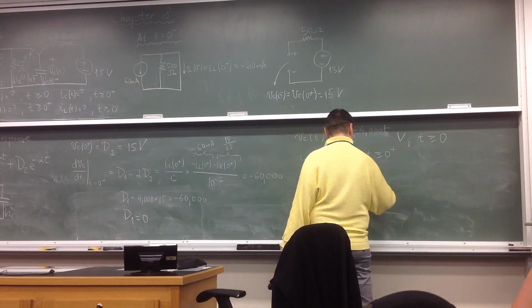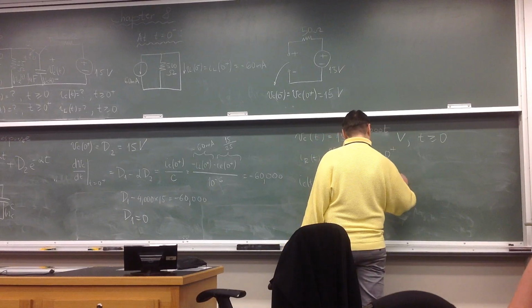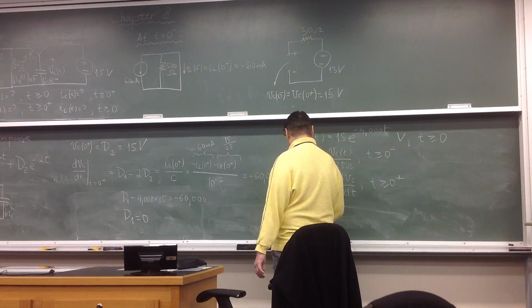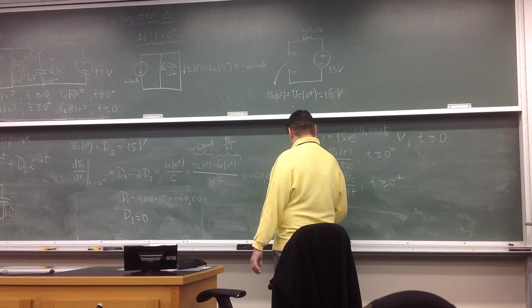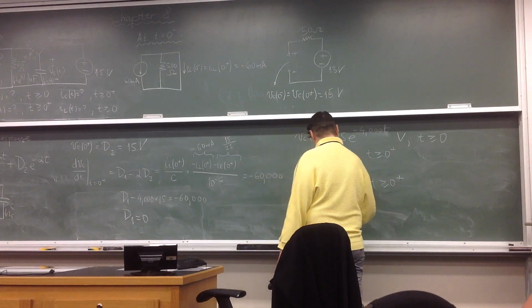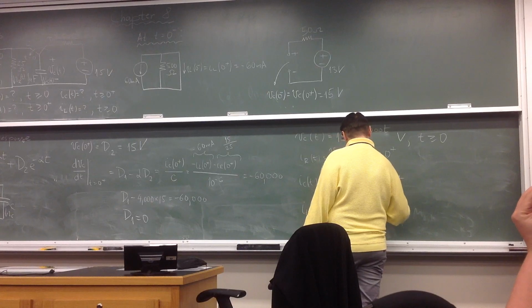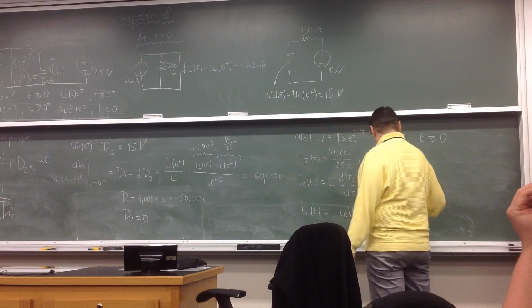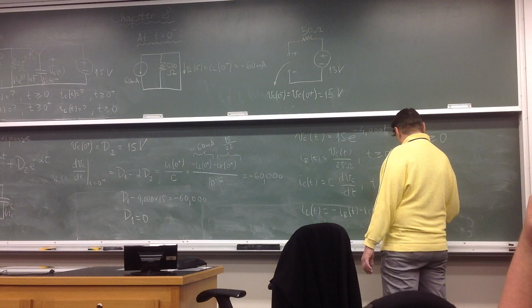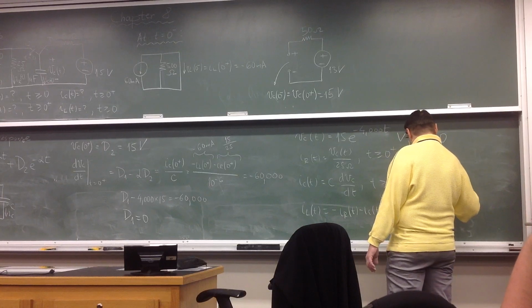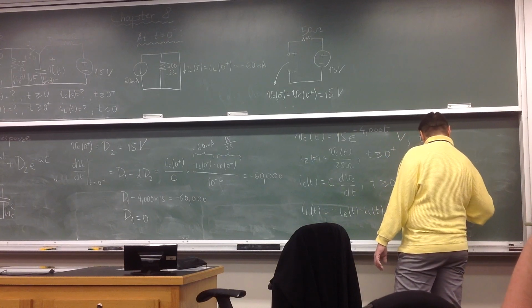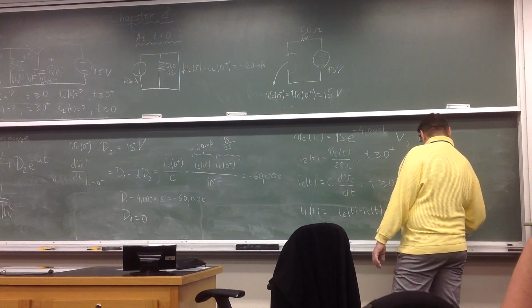If you are uncomfortable with derivatives and integrals, IL of t is equal to minus IR of t minus IC of t, or IL of t will be equal to 1 over L integral of VC of t dt